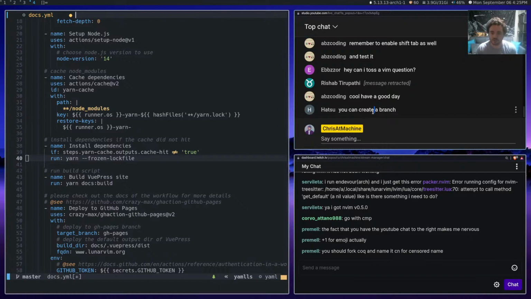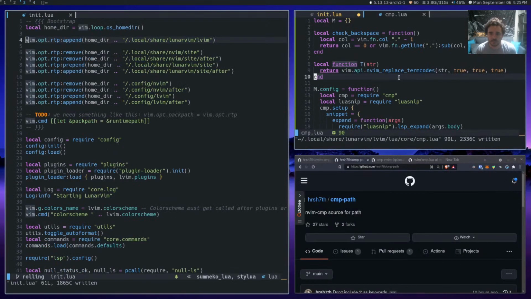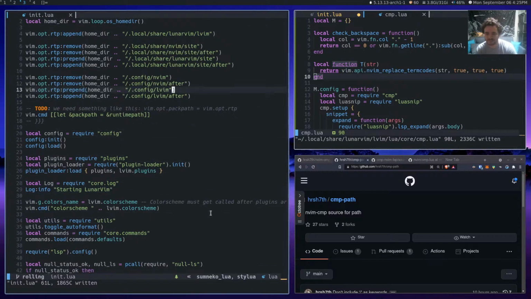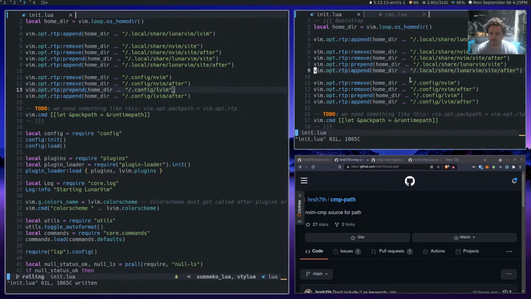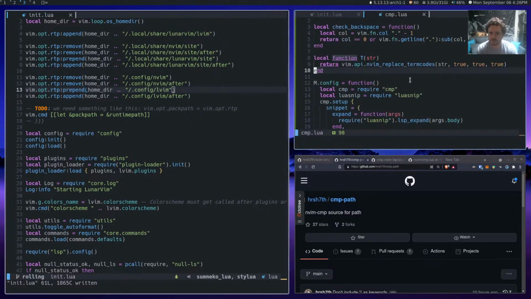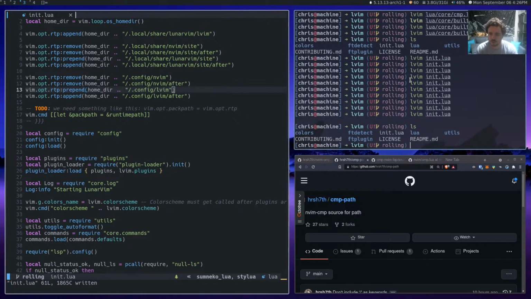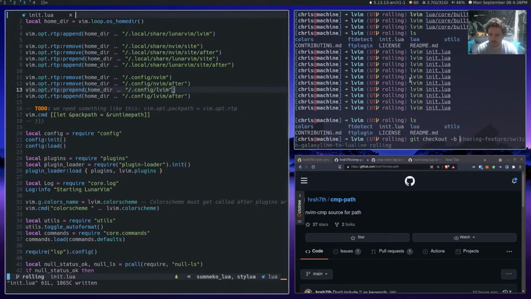Create a branch. I could create a branch if you want to check that out. Sure, let's do that. I rarely create branches. I just push straight to rolling because I'm a Neanderthal. All right, let's see. Load it. All right, let's go over here. We got CMP. Let's do git checkout -b CMP.